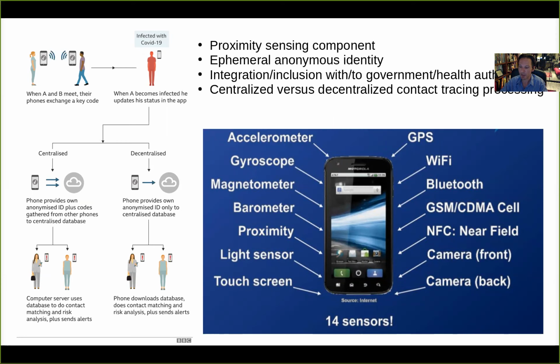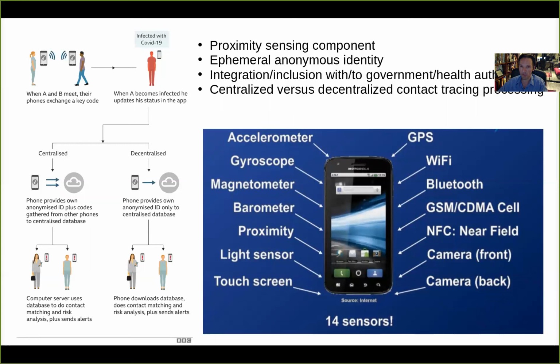And these beacons transmit, amongst other things, anonymous ephemeral identifiers. That's how your phone records whoever you come in close contact with. And you might not know the identity or the phone number of this person, but you do know the distinct